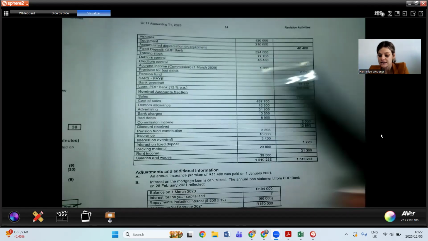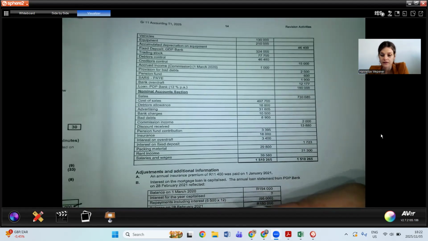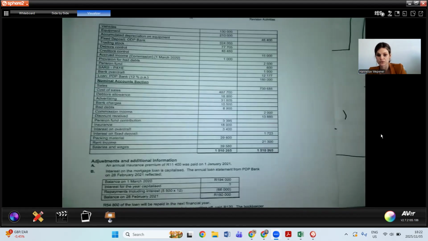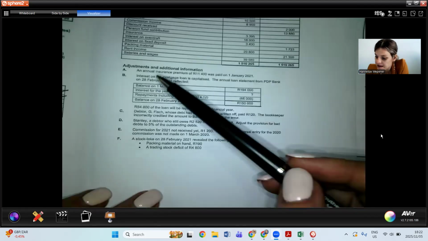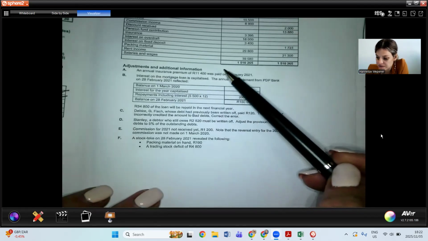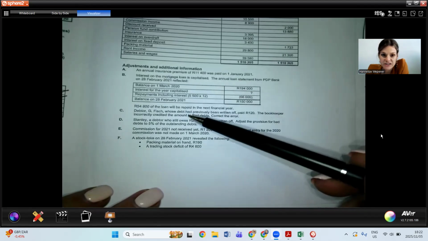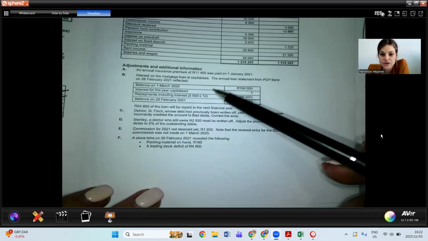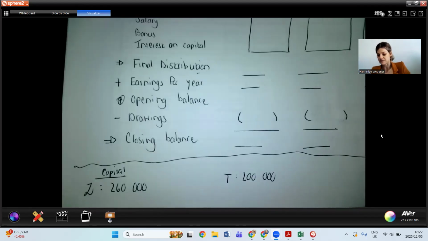So those are the accounts that you had to look at for your partner's capital, current account, and drawings, opening and closing balances. So for now, we only have our capital here. Right, then adjustments and additional information. Then it says your annual premium, and you have some interest, and you have a debtor, another debtor, commission, and stock take. I'm not going to look at those now because what I'm interested in is the information